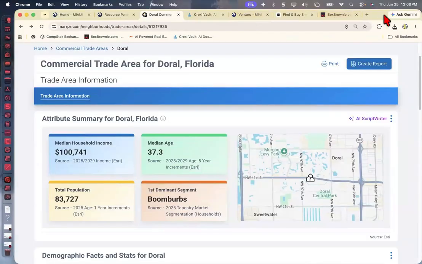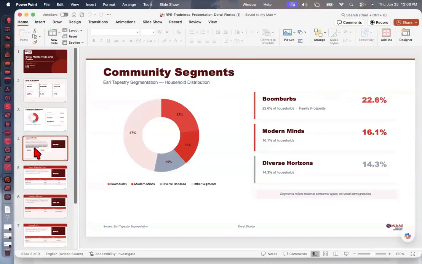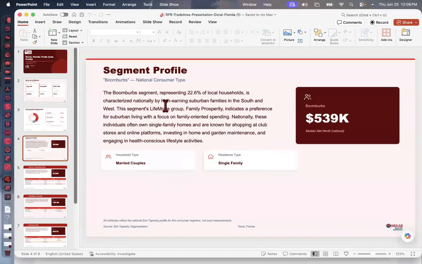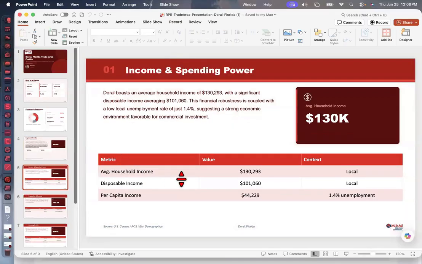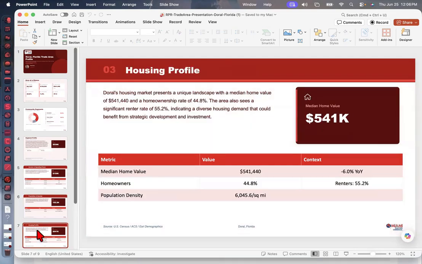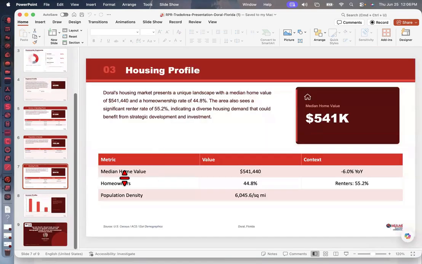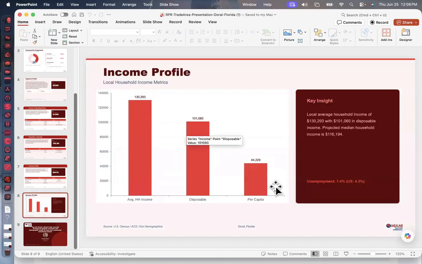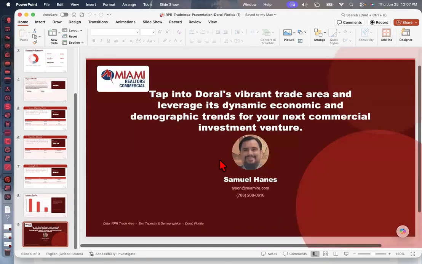Okay, let's keep going. Just move this down real quick. Okay, we also have the segment profile there. Income and spending power. The density when it comes to population. The housing profile, which is great for an investor, including home ownership rates at 44%, and then rental rate in that area at 55.2%, economic income profiles, and then last but not least, our information at the end that we generated this report for that customer, including our photo